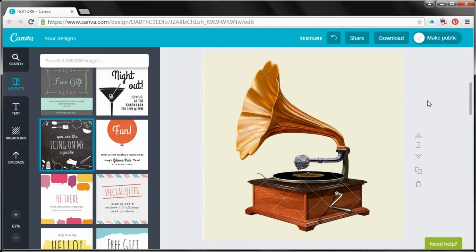So here you can see this old style record player has multiple textures going on. We have the texture of this bronze or copper bell and the way that metal kind of looks. And then you also have the vinyl record and its smooth surface. And then the wood texture of the box. You can see the grains within that wood. So there's a lot of texture within this illustration, and it just presents a very nice, pleasing three-dimensional look to